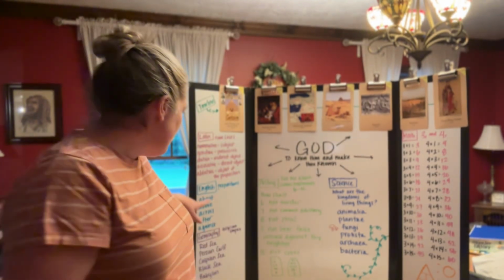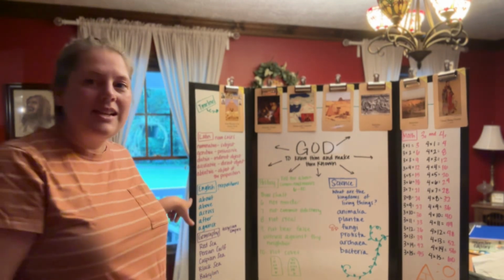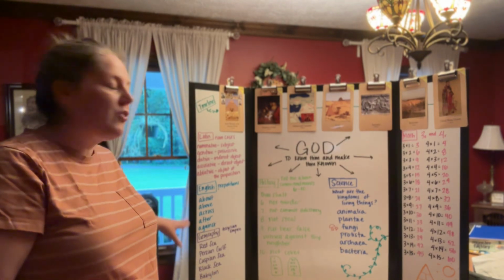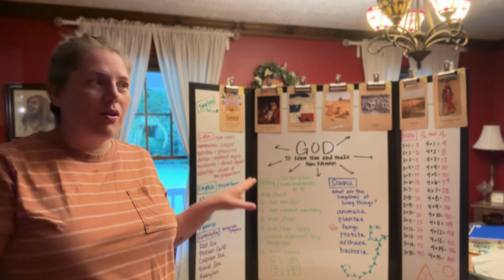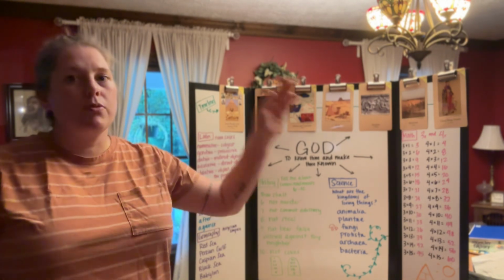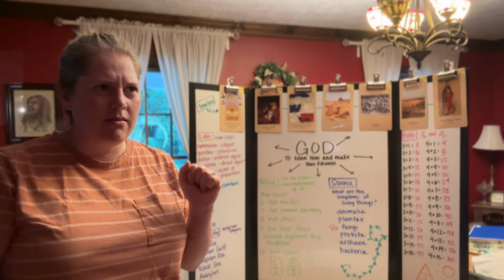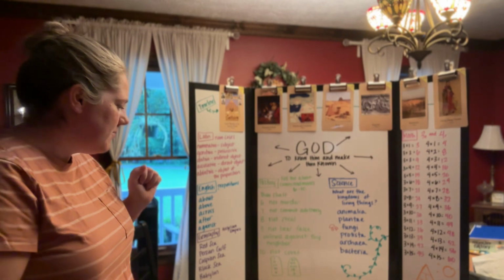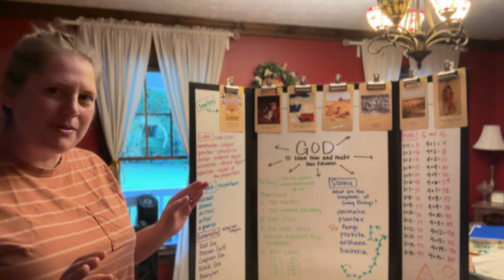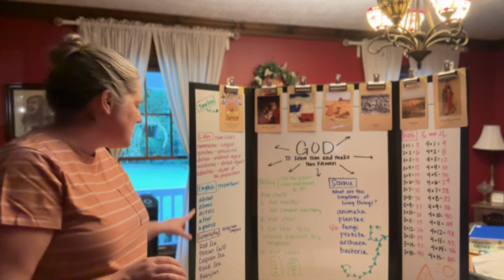Okay, and for English, we did the first 5 of our prepositions. So we're actually learning like 50 of them. We're going to be doing prepositions for weeks 2 through 10. I think it's 2 through 10. It might be 2 through 12. At any rate, we're learning a lot of prepositions, and these are the first 5.